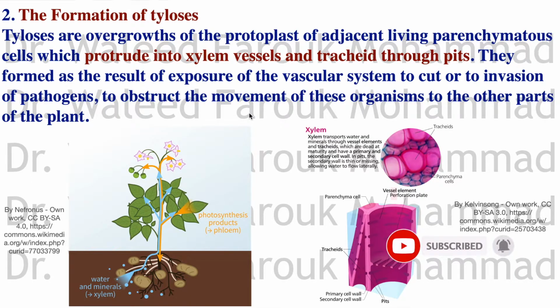Protrude into xylem vessels and tracheids through pits. ايه معنى الكلام ده؟ الزايلم سيستم هو شبكة قنوات اللي بتطلع المية اللي فيها الغذاء للنبات من الجذور وتوزعها على النبات كله من خلال انابيب بتسمى تراكايدز. خلاص؟ فايه اللي بيحصل؟ علشان تمنع spread of infection، يعني في infection حصل، في pathogen دخل، عشان تمنع spread